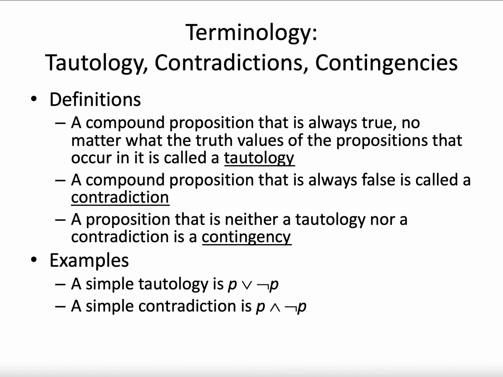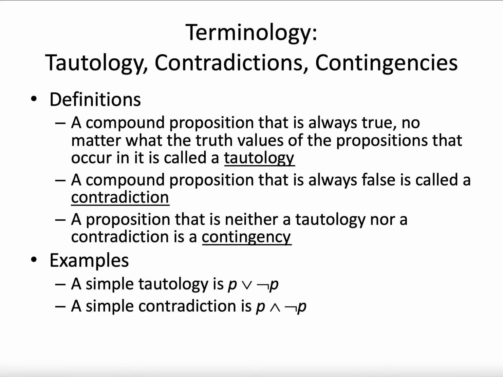So why do you need terminology? Because once you understand terminology, then it's easy to play with the equivalences. So tautology is basically a true statement. It's exactly what the word means in English language. So it's basically a compound proposition that's always true. Contradiction is something that is always false. So again, it's much like what we do in English language. You contradict something, which means you are basically saying that it is false.